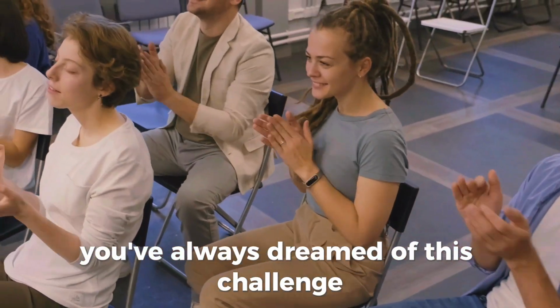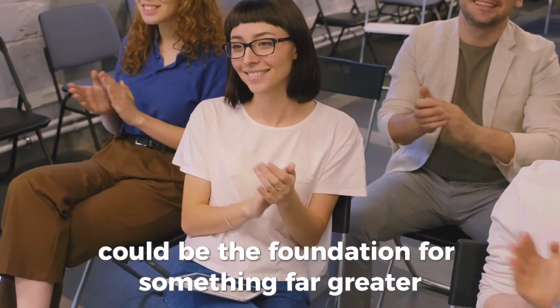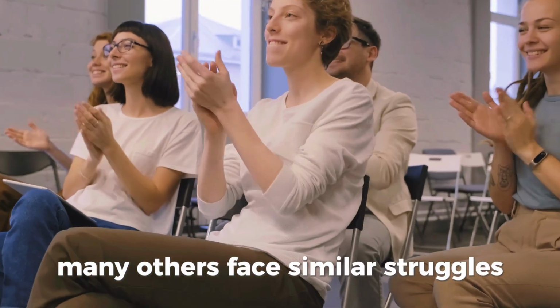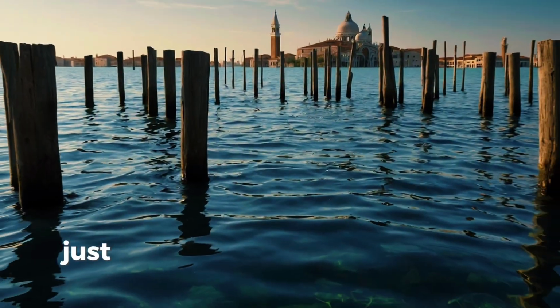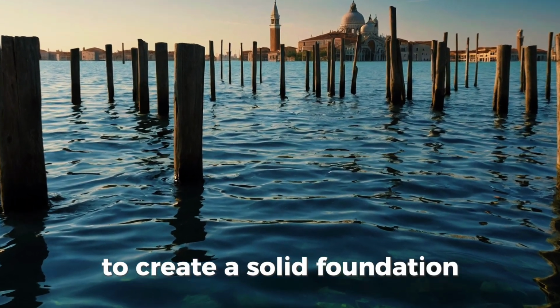This challenge, daunting as it seems, could be the foundation for something far greater. And remember, you're not alone. Many others face similar struggles. Just like the Venetians, who turned a swamp into a thriving city, you can turn uncertainty into your platform for success. Just as the Venetians drove poles deep into the mud to create a solid foundation, you need to find